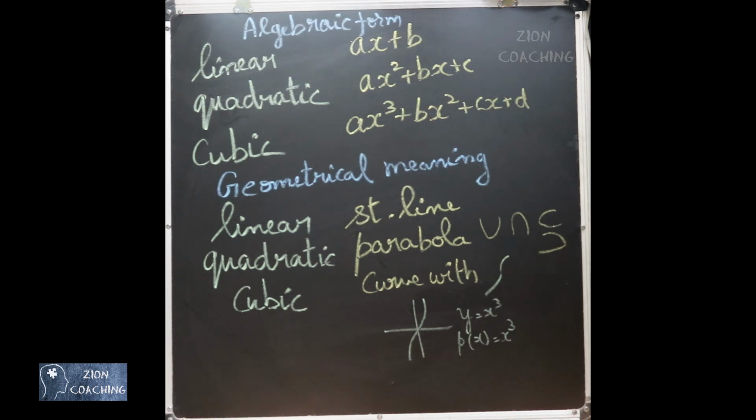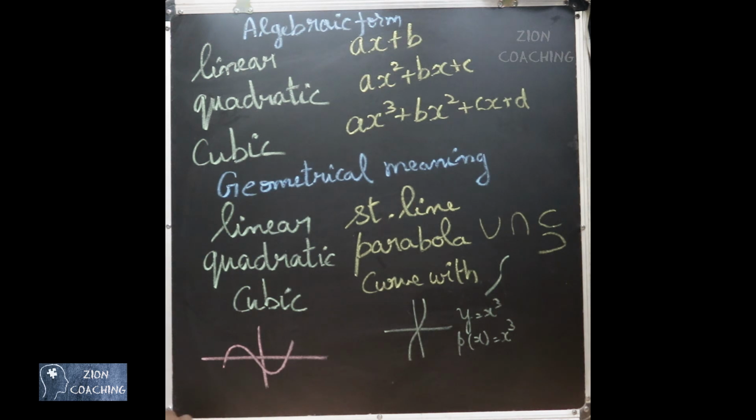Depending on the zeros, their structure will vary. Suppose you have a cubic polynomial which has 3 zeros. You know that a cubic polynomial can have a maximum of 3 zeros. If a cubic polynomial is going to have 3 zeros, then it will be touching the x-axis at 3 distinct points. Okay?